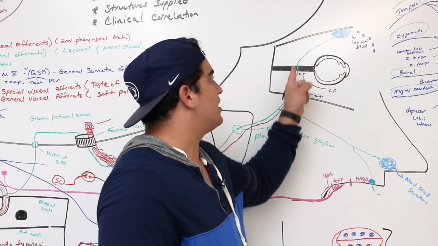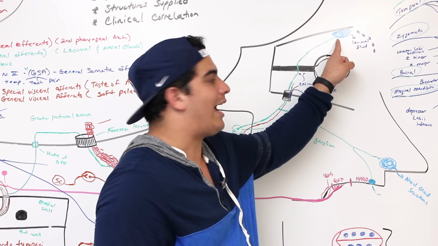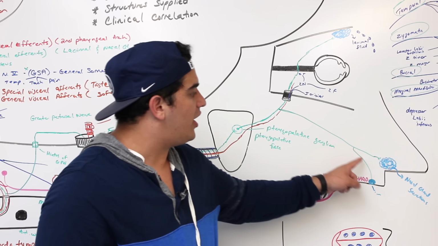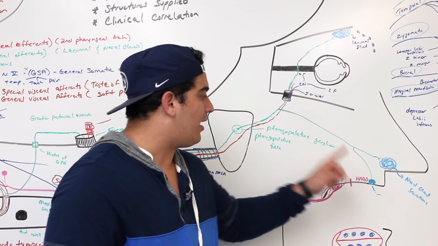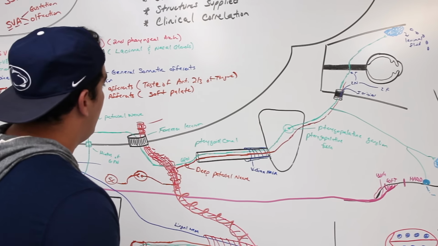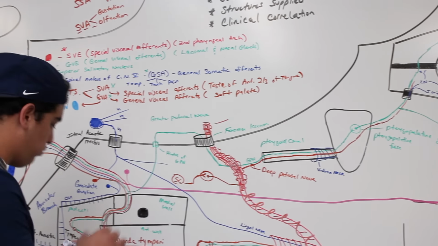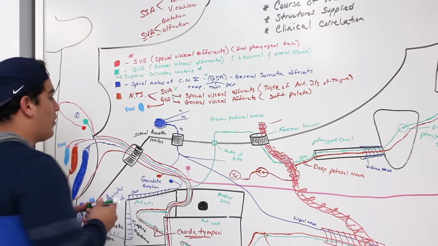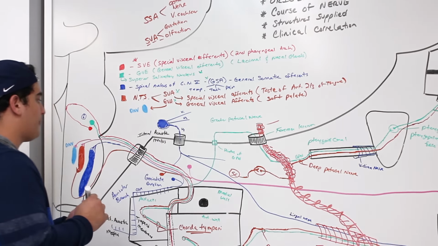It'll come off of these guys and give a communicating branch that will move to the lacrimal gland. It also gives secretomotor fibers over here that will go to the nasal gland and the palatine gland secretions. Okay, now that covers all of these fibers. Amazing. Now that we've done that, we've seen the course of the nerve, the origin of the nerve, the